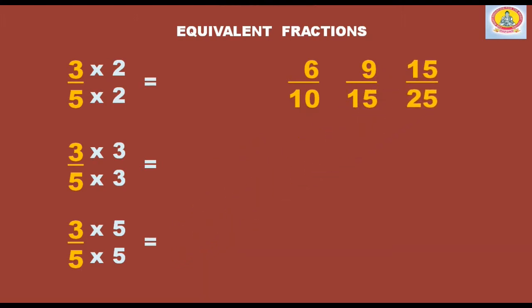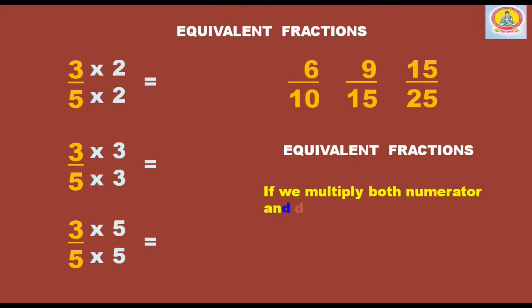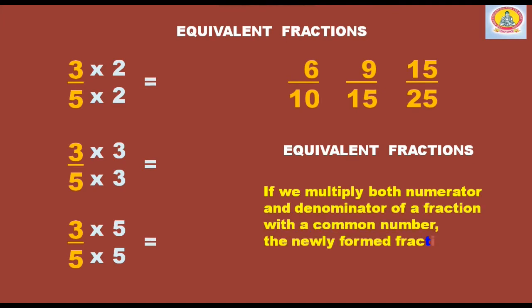Then we can say that 6 by 10, 9 by 15, 15 by 25 are the equivalent fractions, because these fractions were produced from the same fraction. Equal fractions. If we multiply both numerator and denominator of a fraction with a common number, the newly formed fraction is called an equal